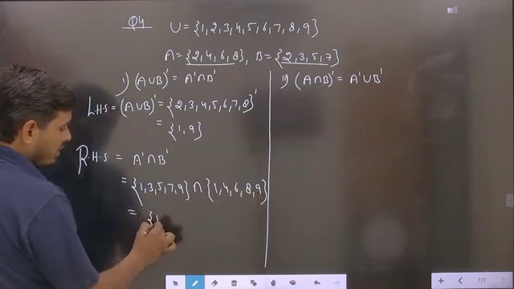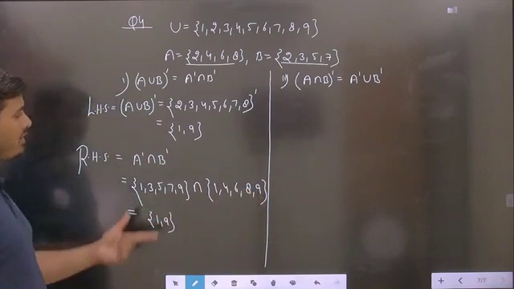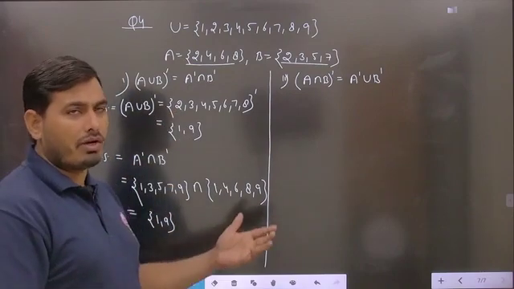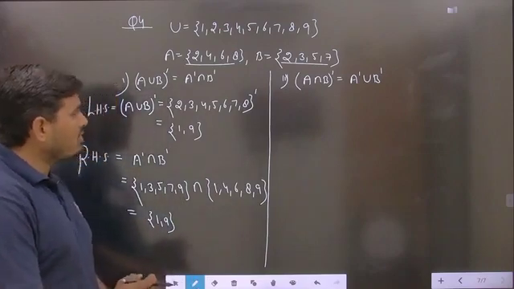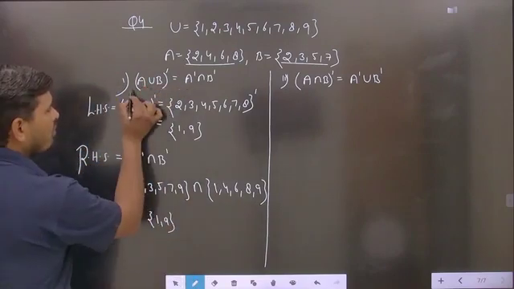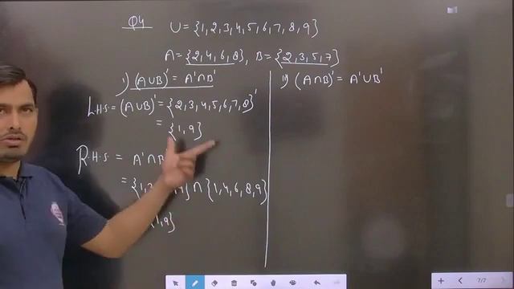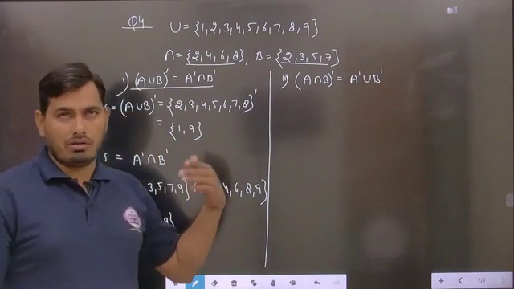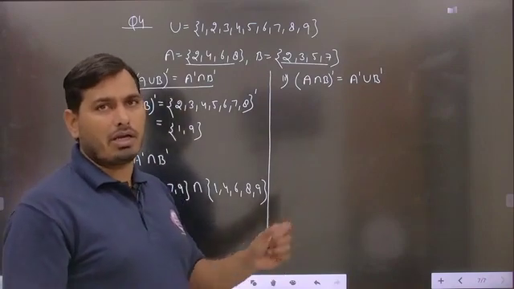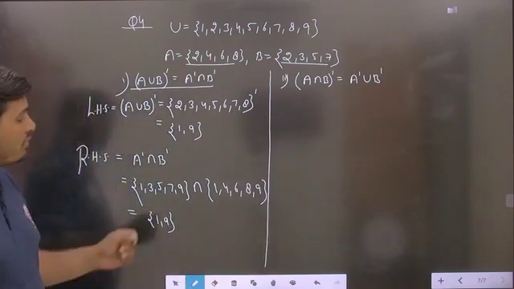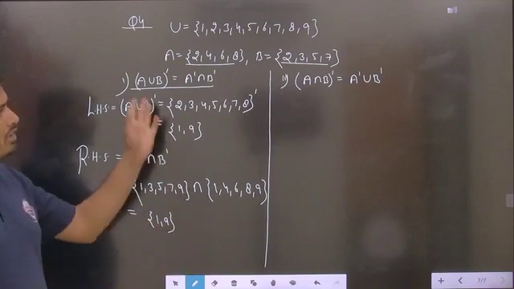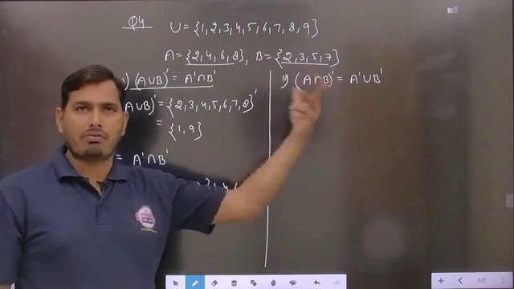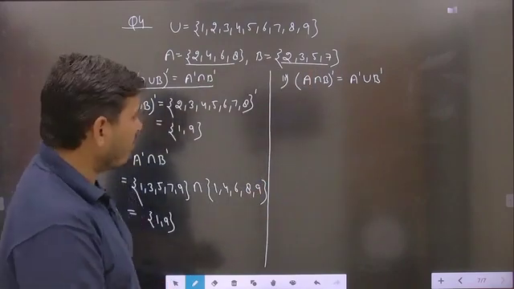You can check the results here, student, of the left hand side and right hand side. Both the results are obtained the same. So the left hand side is equal to the right hand side, and this is the verification of the first De Morgan's law. Is it clear? These laws are very important. As per the name, we also have to remember the particular mathematical expression of De Morgan's law. Sometimes for verification you can take any example, but in this question the example is already given, so we are not taking any other examples.